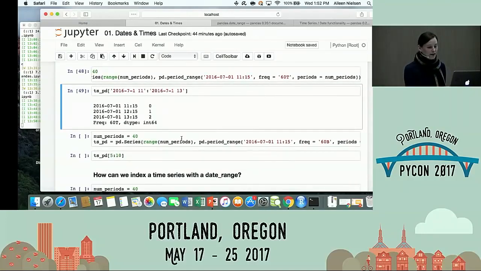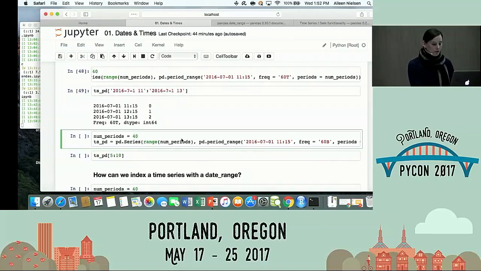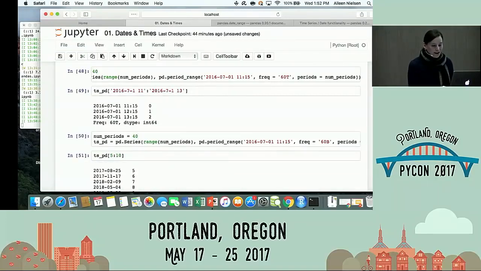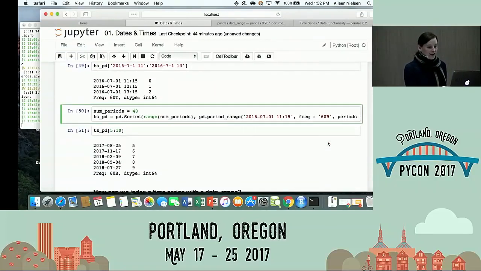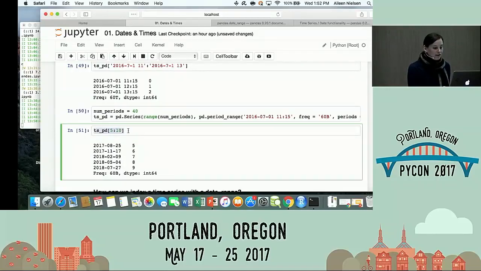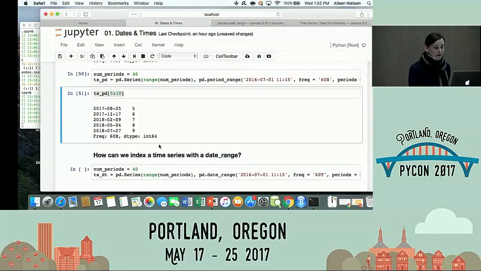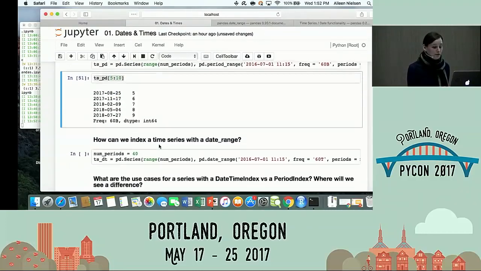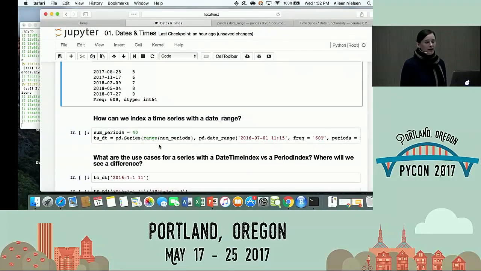I can do the same thing. Now I'm going to do one that would normally be really messy. I'm looking at 60 business days at a time, and again, I can just index with time, right? I can now know that my values correlate to a particular time interval, right? So like 8/25/2017, it was 5 for the next 60 business days. That's the interval. So how do we index a time series